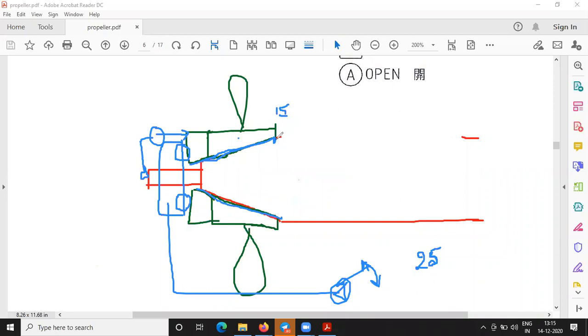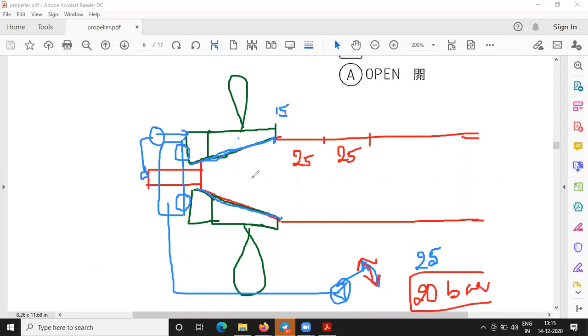Okay. So what did we do? We have marked a point at 25 mm and we have marked another point at another 25 mm. Now what you do? You give a pressure here, say around 20 bar pressure is applied on that, and you will further see some movement on the propeller shaft, and you will see there is a deflection in the dial gauge. Okay, let's plot a graph now. If everybody understood this situation,